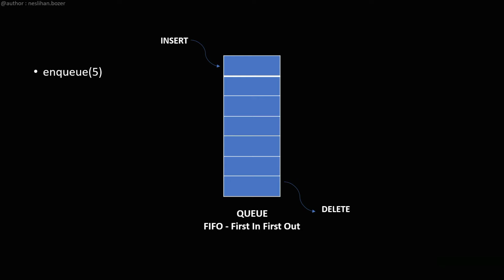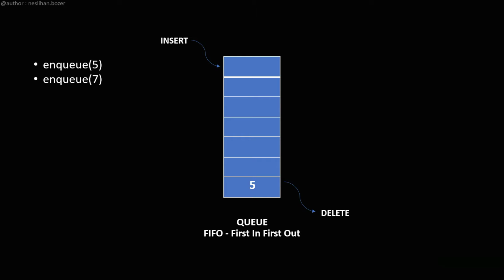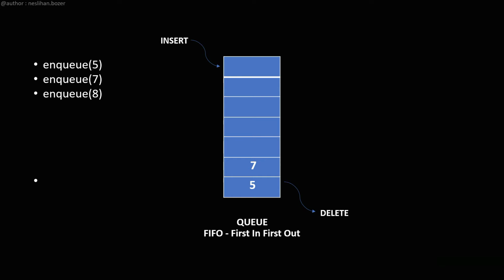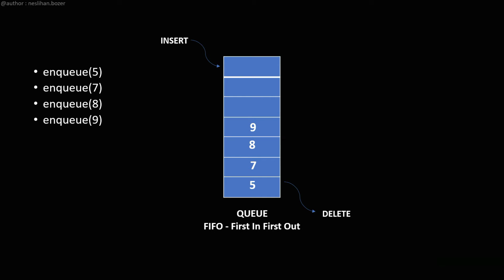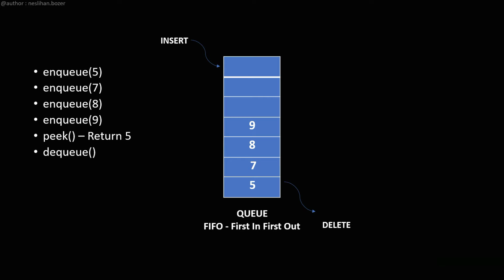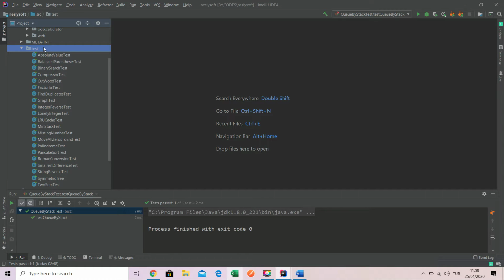If we enqueue an element, it just keeps pushing the elements one by one. We are pushing 5 and then 7, and then we keep pushing, adding 8. If we enqueue 9 and then peek, it returns the first added element, and if we dequeue it, it removes 5. So let's start the implementation